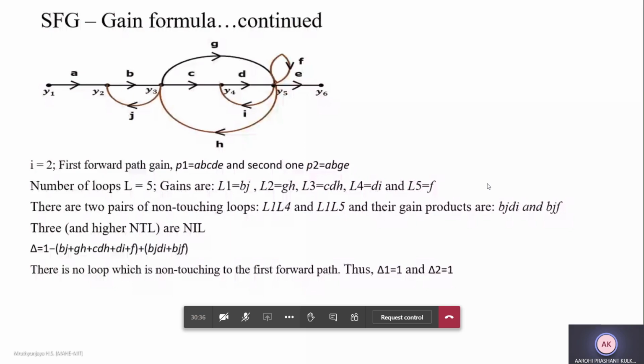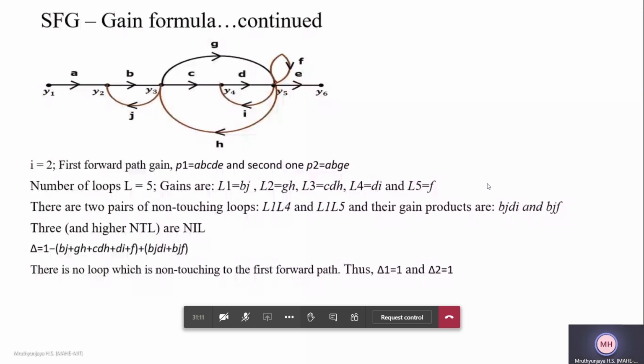Sir, eliminate as in we don't write that term? Yes, yes. So can you tell how to calculate delta then? Yeah, I'm telling that one only. Delta or delta 1? Delta. You go to the above slide. What is delta? Remember this formula.